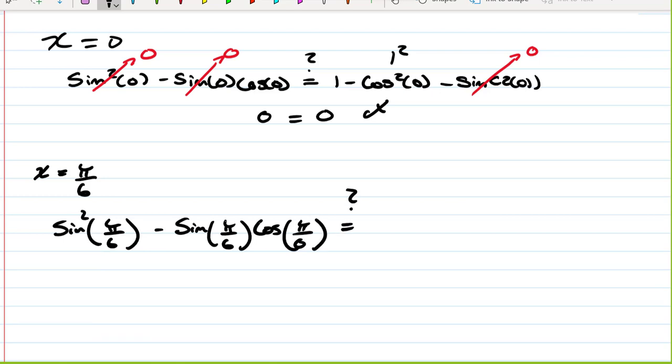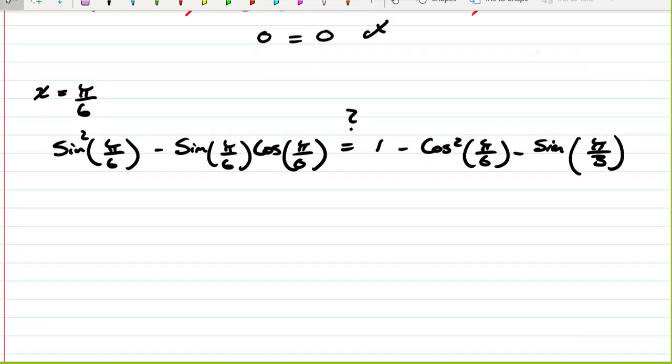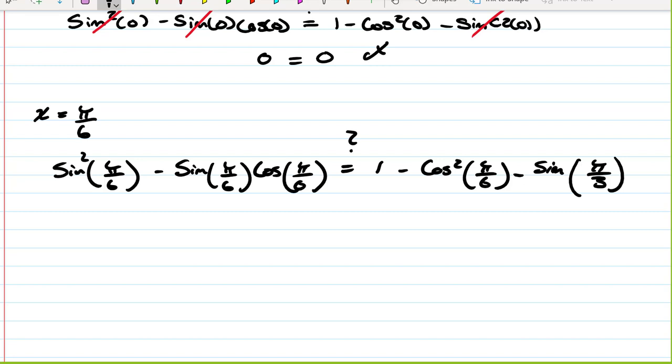And we want to know, does that equal 1 minus the cosine squared of pi over 6 minus the sine of 2 times pi over 6, and 2 times pi over 6 is going to be pi over 3. So now we need to start simplifying. If we look on our unit circle, the sine of pi over 6 is 1/2, so this is going to be 1/2 squared minus 1/2, and the cosine of pi over 6 is going to be the square root